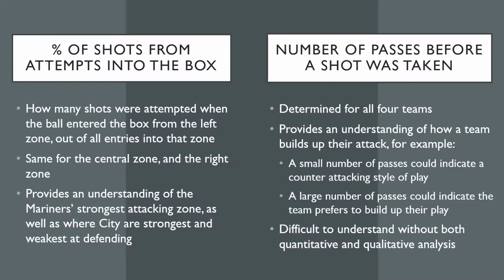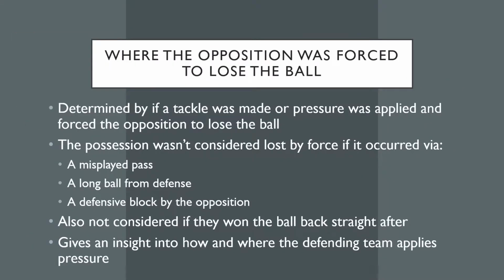Whereas a large number of passes indicate that the team prefers to build up their play, taking their time until an opportunity presents itself, or they have outnumbered the opposition in a certain area. And so the number of passes can be shown with quantitative analysis, while the actual style of play can be shown with qualitative analysis. So as mentioned, the final KPI is focused on the Mariners and Victory's defence, and where